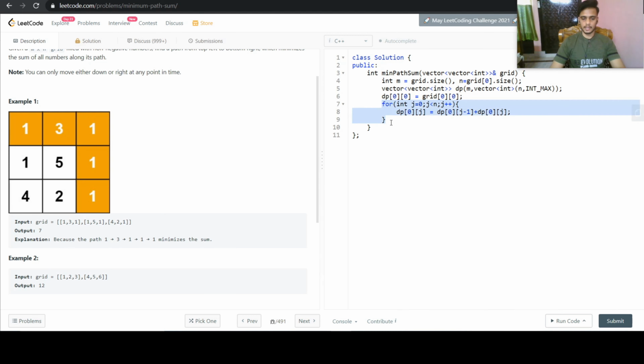Similarly, we will have it for where j is equal to 0. So all these columns, int i equals 0, i less than m, and i plus plus, where dp of i 0 is dp of i minus 1 0 plus grid of i 0.